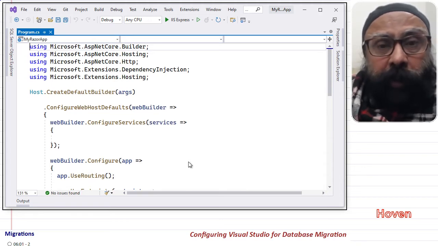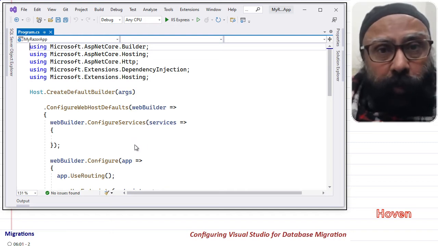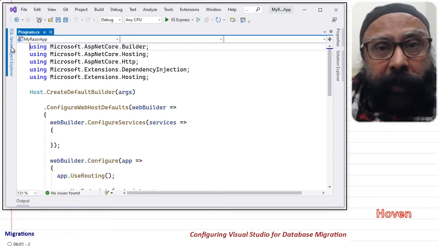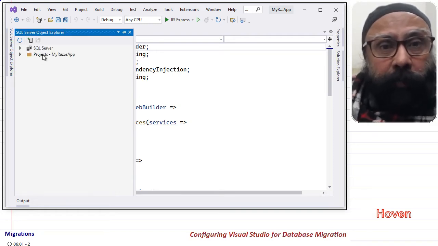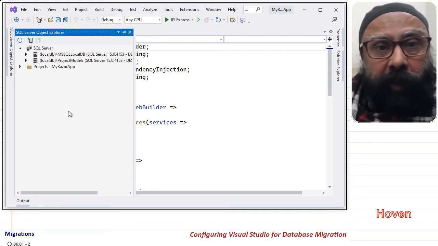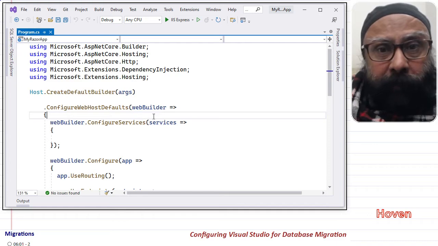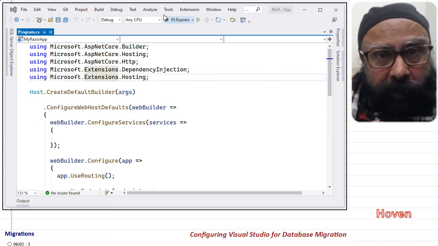We shall be using the built-in SQL Server Express for this tutorial. The reason is that Visual Studio provides us a SQL Object Explorer for conveniently viewing our database and its tables. So let us add NuGet packages for SQL Server connectivity.